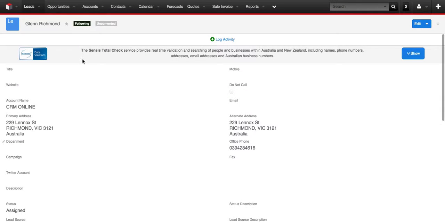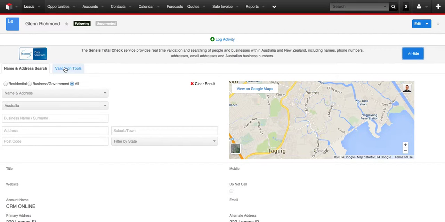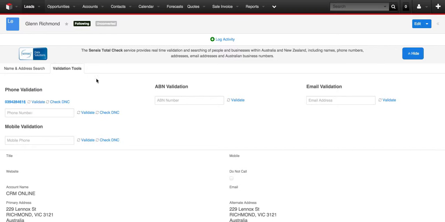So now that I'm within that record that I've created, I'm going to expand the Sensis panel again, and I'm going to go into the validation tools, and what we can see is that it's going to pick up all of the options that may require validation: phones or fixed phone, mobile phone, ABN and email validation. And just to give you an idea of how some of these work,